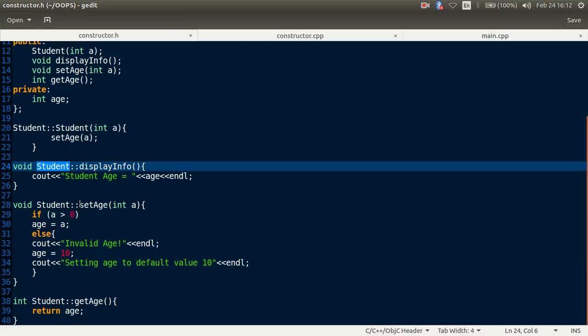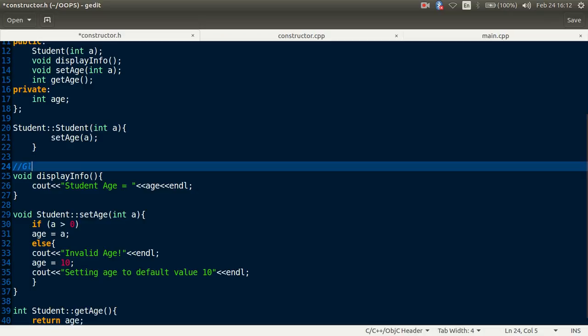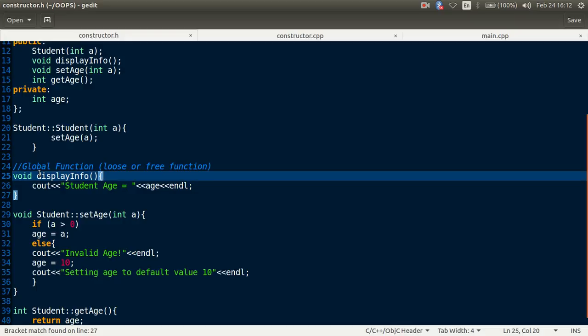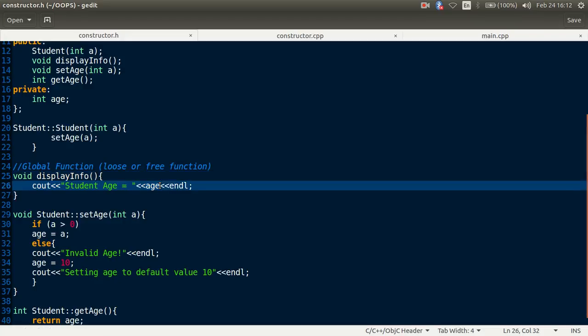And if you do not provide this scope resolution operator, or if you do not write the Student class name here, it is going to look like this. In this way the compiler will understand that this function is a global function, or you can also say a loose or free function. If there is a global or loose function and it uses a private data member of the class, it will give us an error.